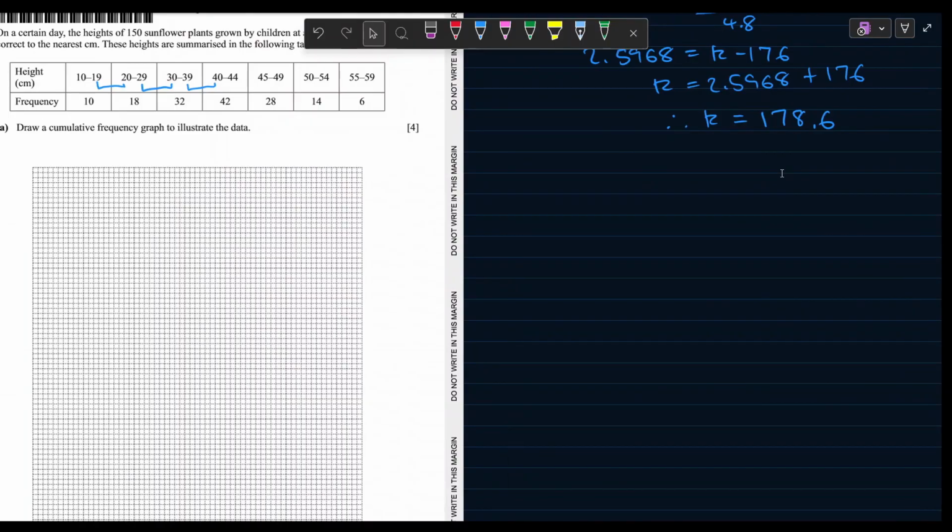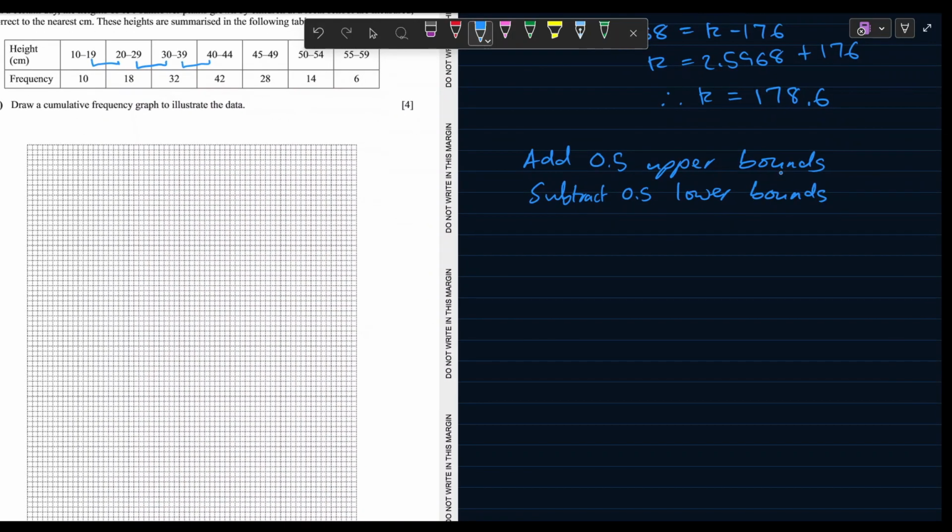The way we're going to close those gaps is simply add 0.5 to your upper bounds, and then subtract 0.5 from your lower bounds. So the idea is to just get your bounds to meet in the middle. All right, so our new table,